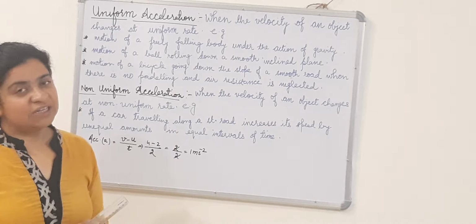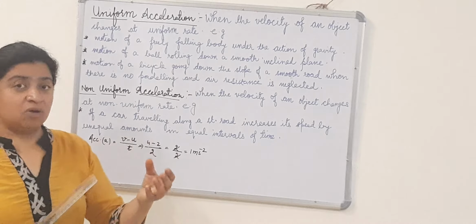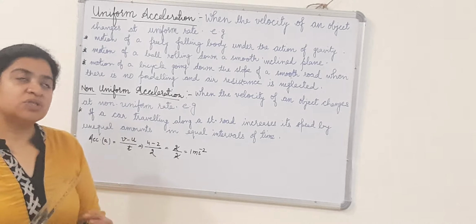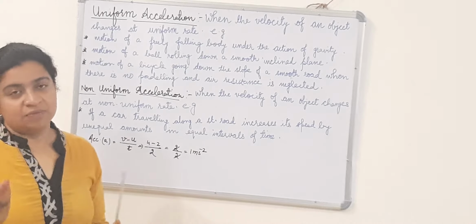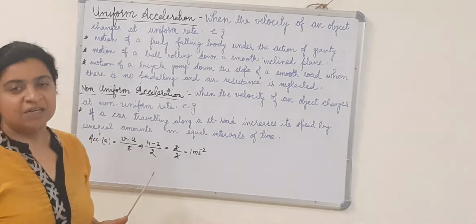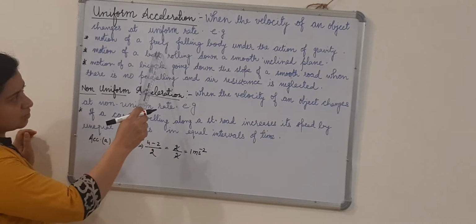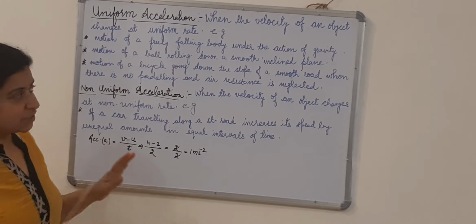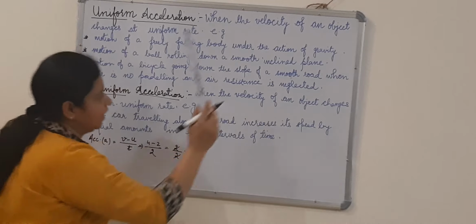What is Earth's gravitational force? I think everybody knows that when we drop something, the Earth exerts a force on every object to keep it on its surface. You have seen that when we throw something up, it comes down. It is all because of the Earth's gravitational force. So this case is possible when there is no other frictional force, no air resistance, and the object is only falling down under the action of gravity.